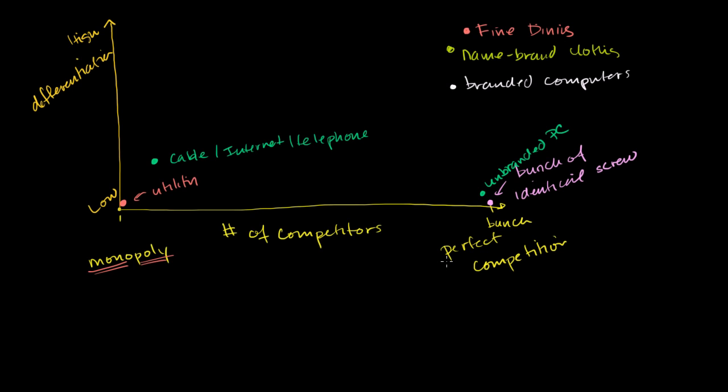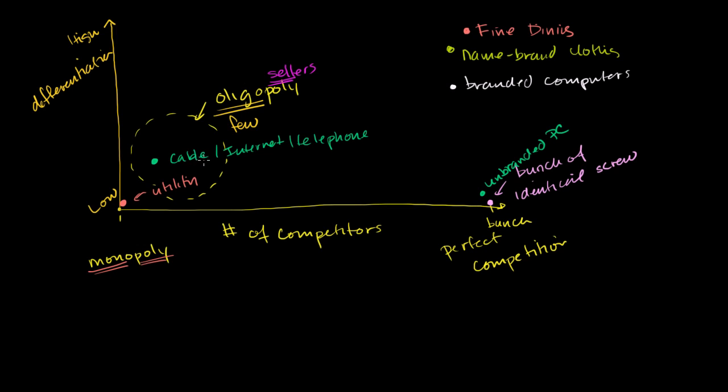So the whole reason that I've introduced these ideas to you is that there are names for these things that aren't quite perfect competition because they're highly differentiated, and there are names for these things that aren't quite monopolies because they have a few providers. These right over here, so we could put other things around here, I'll circle this general area, we would call these oligopolies. This comes from the Greek for few, though I'm not an expert in Greek, and obviously the poly, once again just as with monopolies, comes from sellers. So this means few sellers.